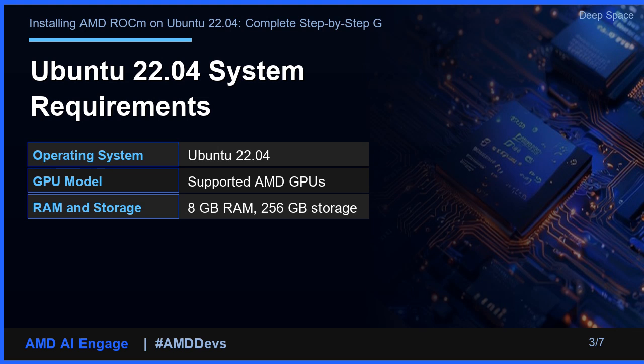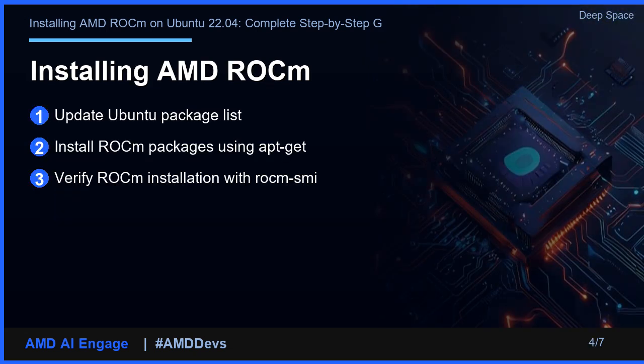To install ROCm on Ubuntu 22.04, you'll need to meet the system requirements. Make sure your operating system is up to date and your GPU model is supported by ROCm. Now that you've met the system requirements, it's time to install ROCm. Follow these steps carefully: update your Ubuntu package list, install the ROCm packages using apt-get, and finally verify the installation